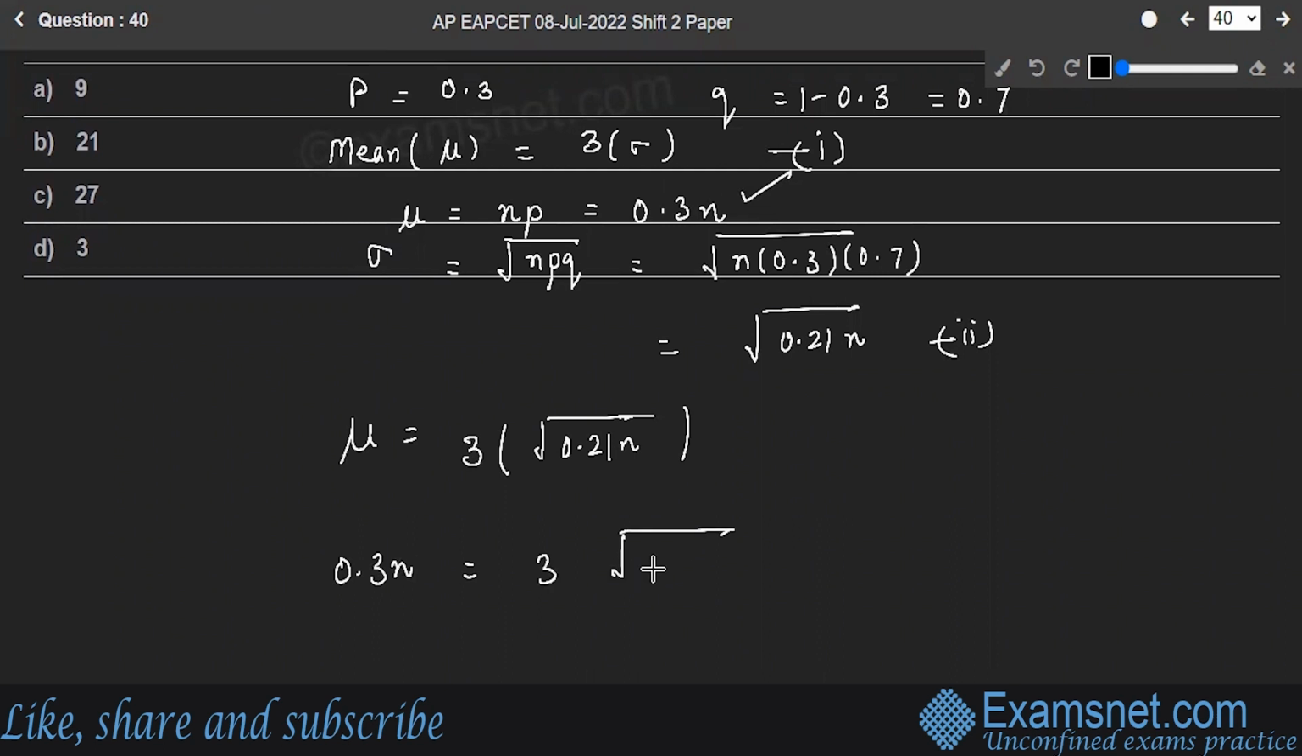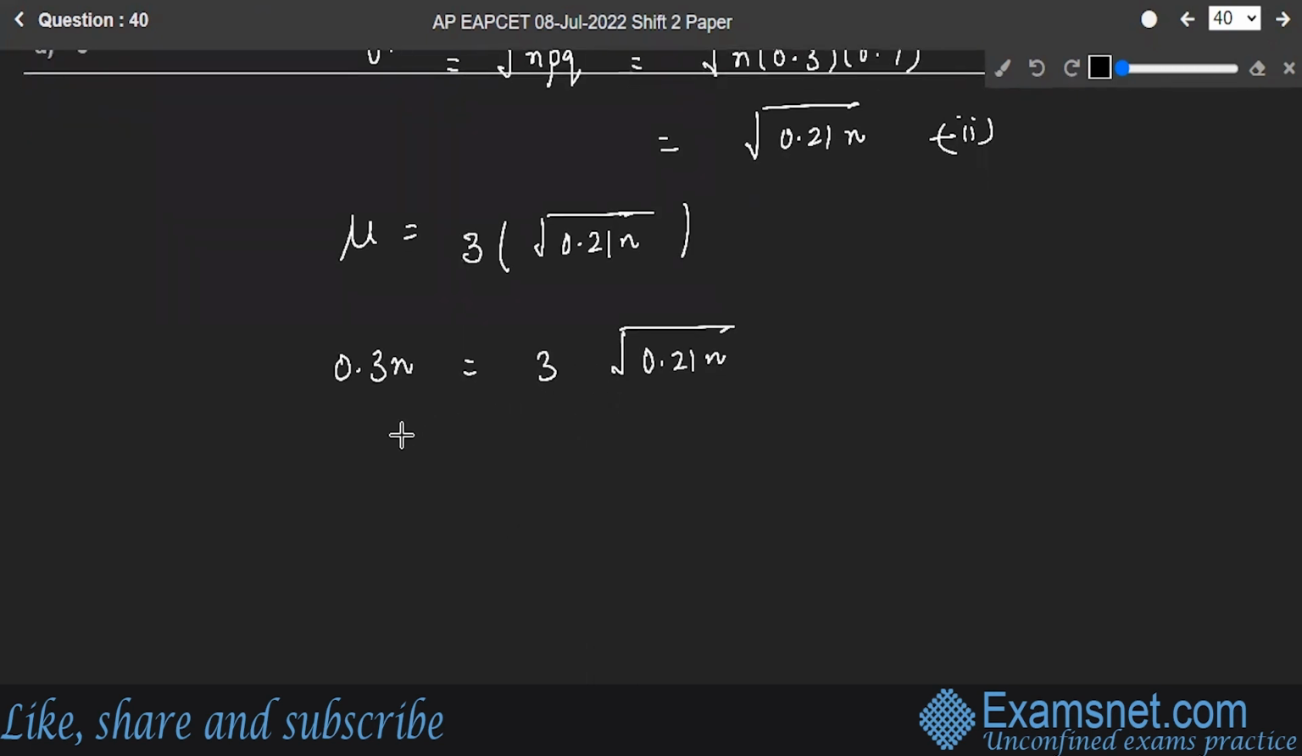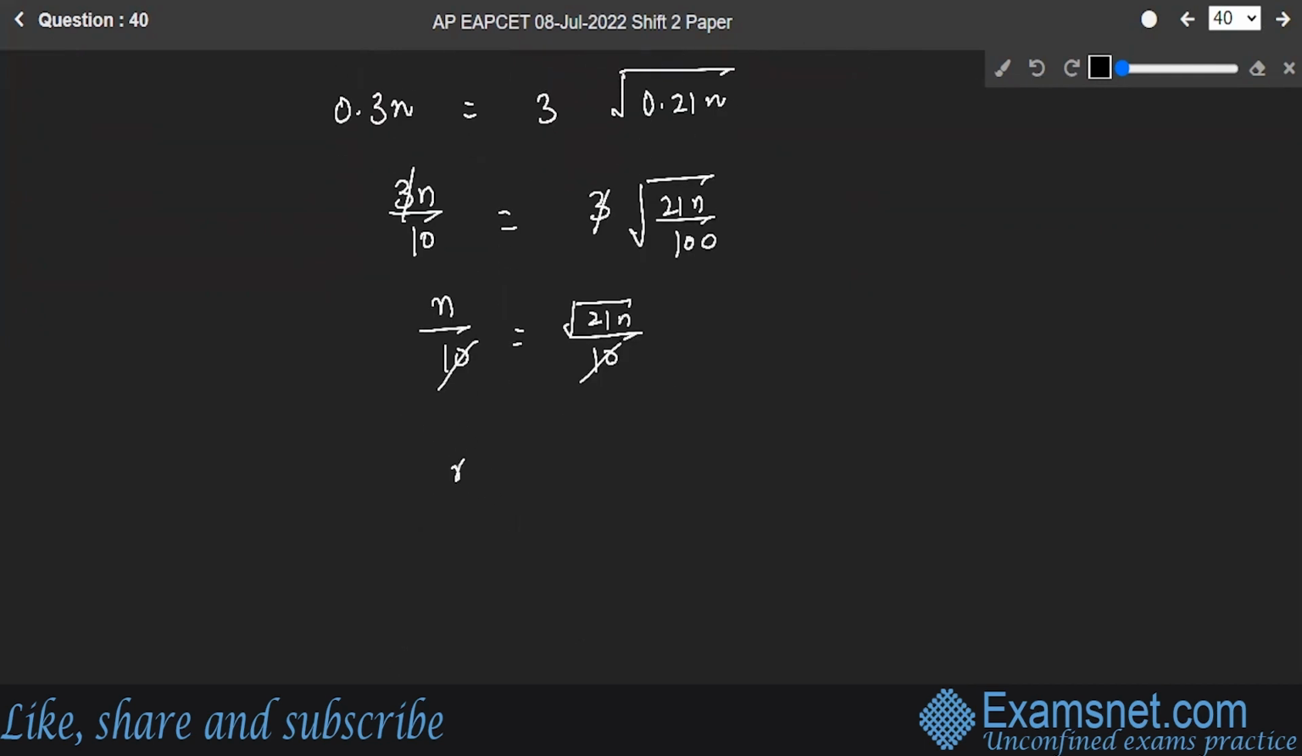This is equal to 0.21n. And you will have it further. Let's do the, we'll get it as 0.1, or you can write it as 3n upon 10 is equal to 3 into root of 21n upon 100. This will cancel out and you will have n by 10 is equal to root of 21n upon 10. They will also cancel, and squaring both sides, you will have n square minus 21n is